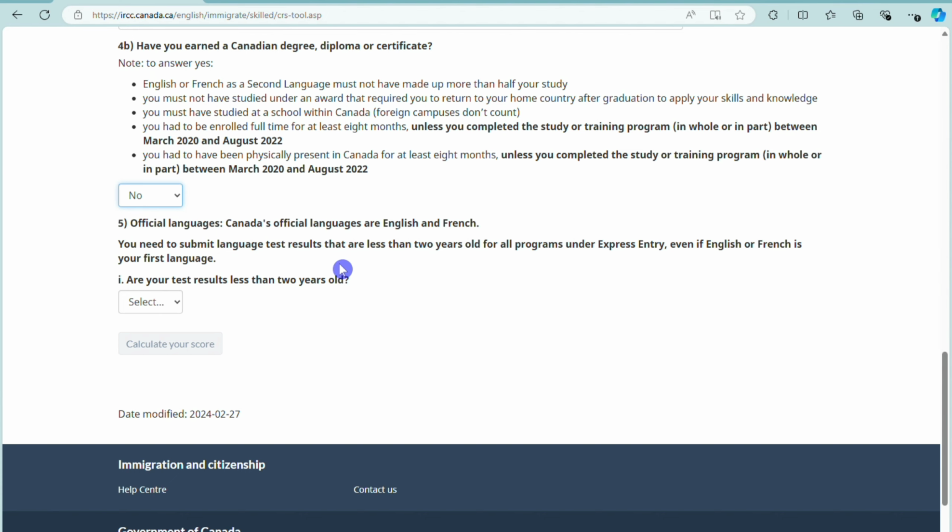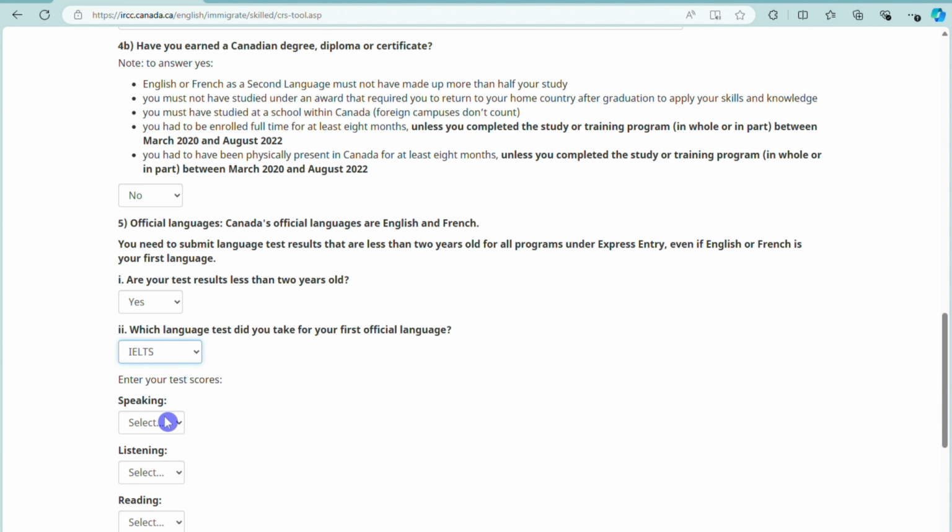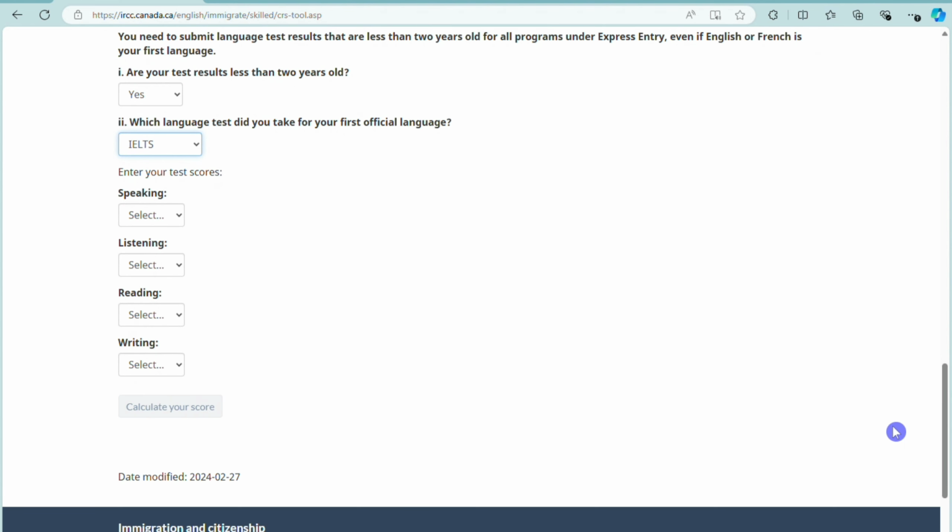So I tell people, make sure that you're ready to go, and then you write the test and just create your profile. So your test results are less than 2 years old. For this test round, we'll say yes. Which language test did you take? Let's pick IELTS. It is IELTS General. There's Academic and General, so we'll pick General, not Academic. So speaking,